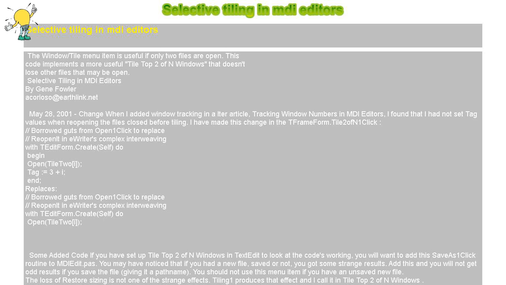Selective tiling in MDI Editors by Gene Fowler, acorioso at earthlink.net, May 28, 2001. Change when I added window tracking in later article, Tracking window numbers in MDI Editors. I found that I had not set tag values when reopening the files closed before tiling. I have made this change in the